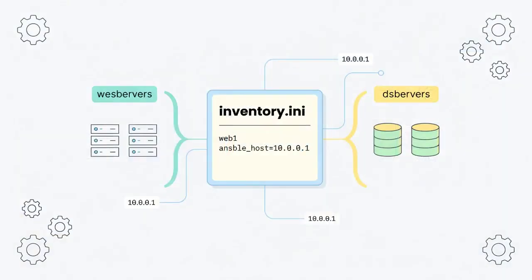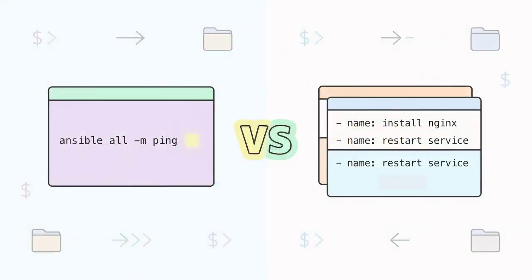Targets are defined in an inventory file, a simple ini or YAML list of hosts, grouped by purpose. A web servers group can hold entries like web1 ansible_host=10.0.0.1, and Ansible routes jobs accordingly. For quick tasks, ad hoc commands get the job done in one line: ansible all -m ping. For anything repeatable, you write a playbook, a YAML file that orchestrates multi-step work across your fleet,